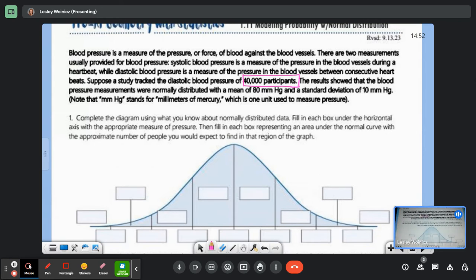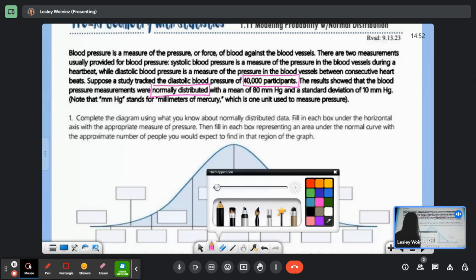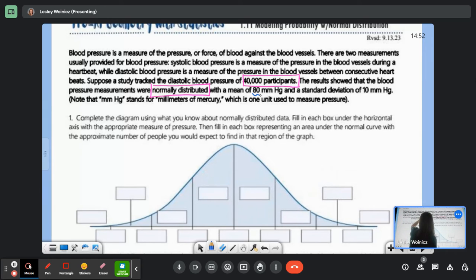The results showed that the blood pressure measurements were normally distributed, with a mean of 80 millimeters of mercury, and a standard deviation of 10 millimeters of mercury. Note that mm Hg stands for millimeters of mercury, which is one unit to measure